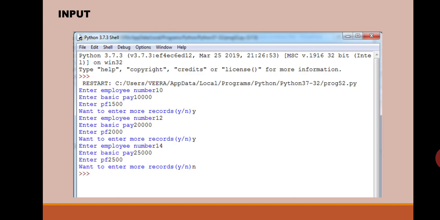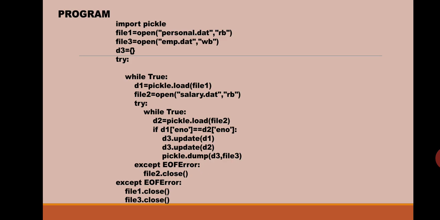Now we come to our main program. So what we have done, again we have imported the module pickle, and first of all we have opened the personal file in reading mode and the emp file in writing mode. Then after that we have placed an infinite loop within a try block. And in that infinite loop, we are going to read a record from the file personal.dat.